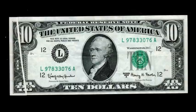All right, here's our first piece of paper money. We have a 1963A series $10 Federal Reserve note with a gutter fold. You can see just that long omitted area here, this line, and that's caused by a wrinkle in the sheet before the printing occurred. Now, somewhere down the line, the sheet was stretched out a little bit because we do